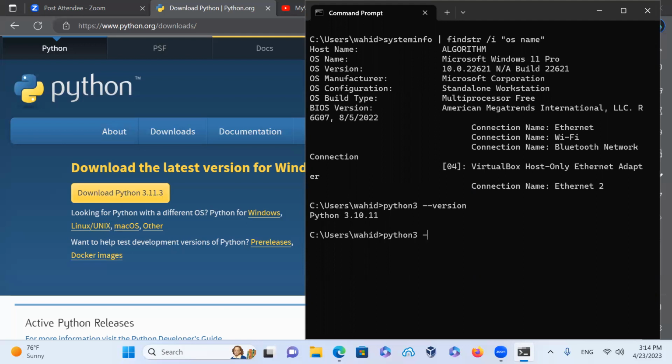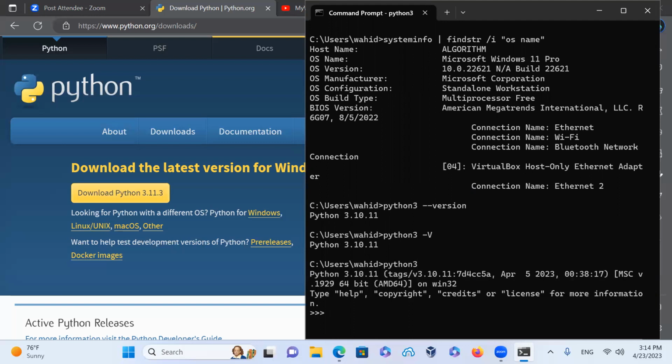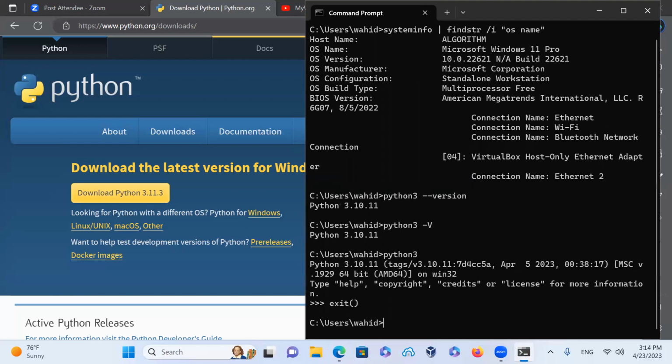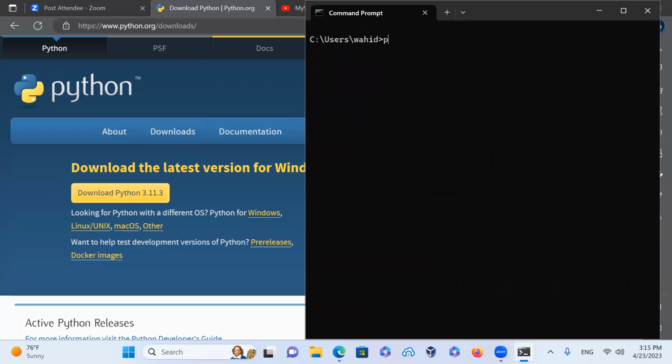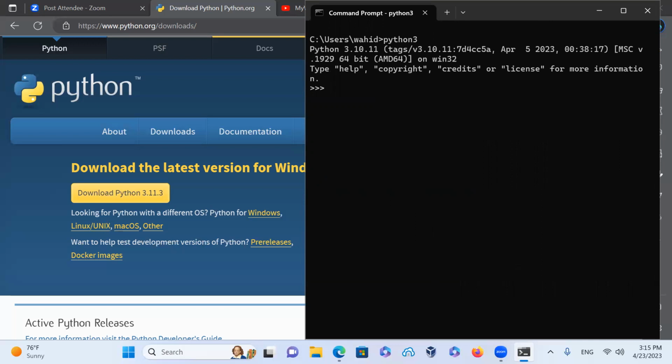First, let's look at the uppercase -V, which will also tell you the version. And if you don't give it any argument, it is just going to drop into the Python interpreter. So I could exit out of here and clear the screen. To get into Python, you just go like this: python3, and